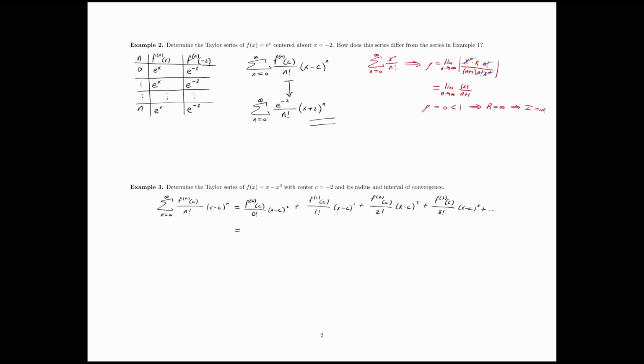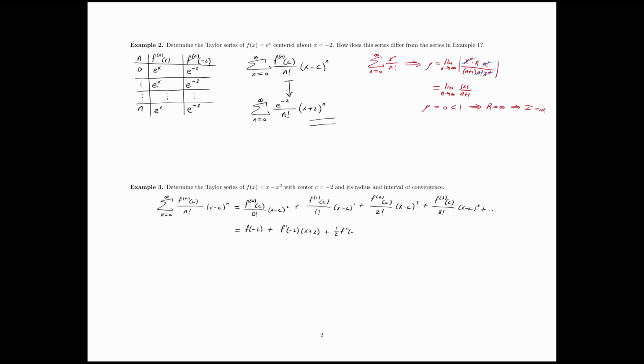So simplifying this, we have, well, the 0th derivative is just the original function. So the original function at our value of -2, this would just be f of -2. And then this term here would just be 1 due to the 0th power. So it's f of -2 plus our first derivative at -2 over 1 factorial, which is 1. And then we'd have x minus -2, so x plus 2,